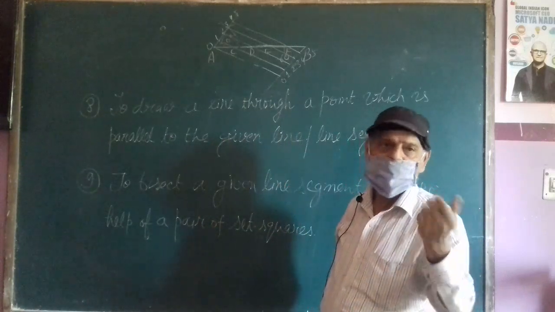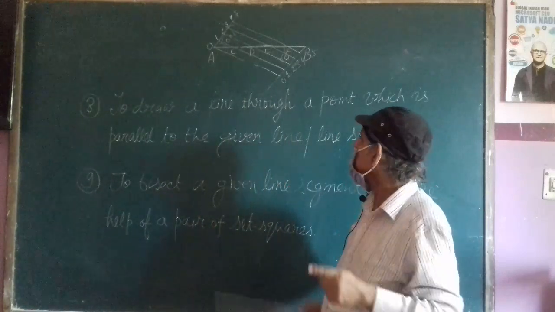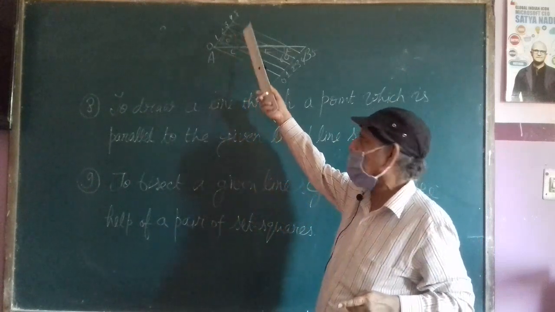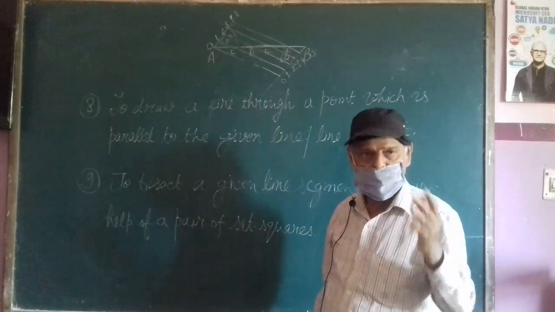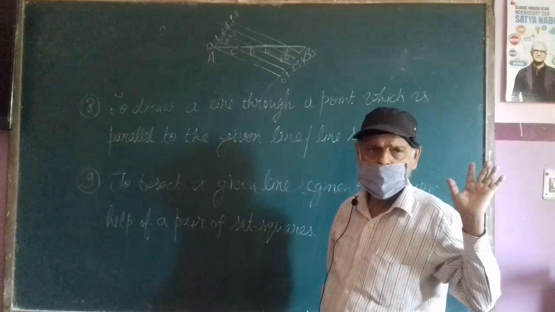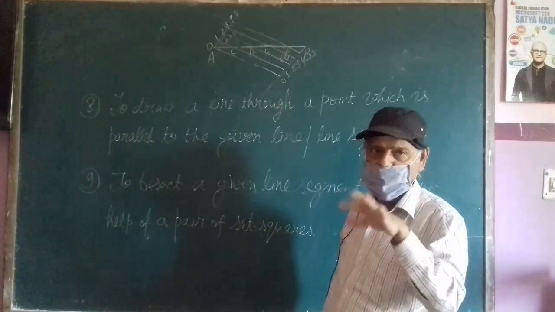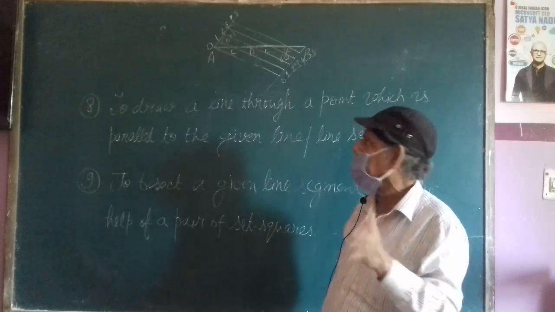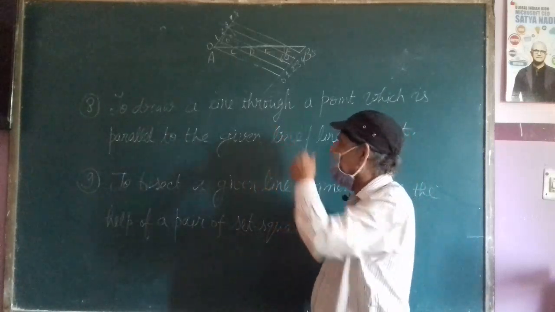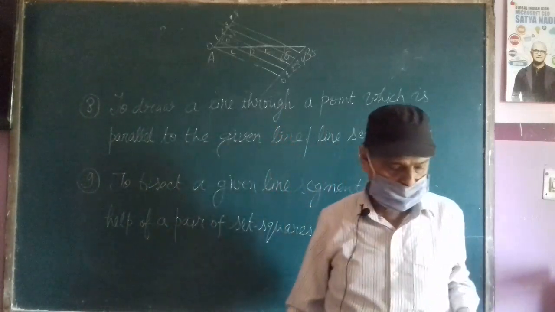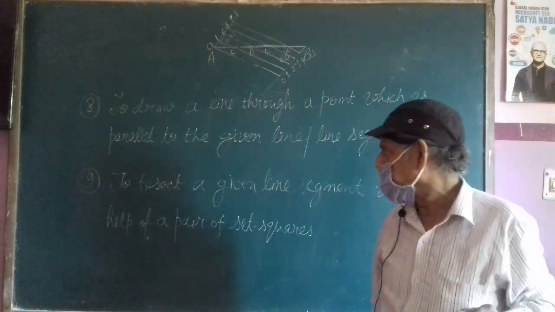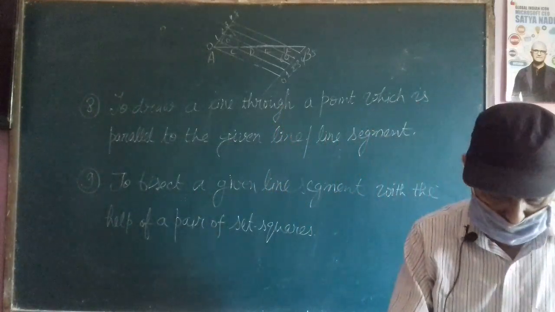So you can trisect also. You can do it in 3 or 4 or 5 or 6 or 7, any number of parts. This is a very general, very simple method: making acute angles and then dividing it into equal parts. Okay, it is clear to you. Now, 8th question.